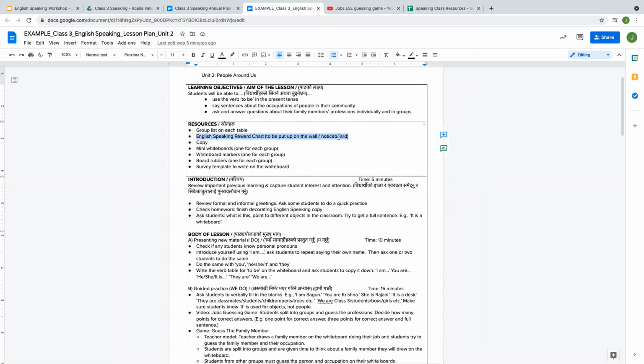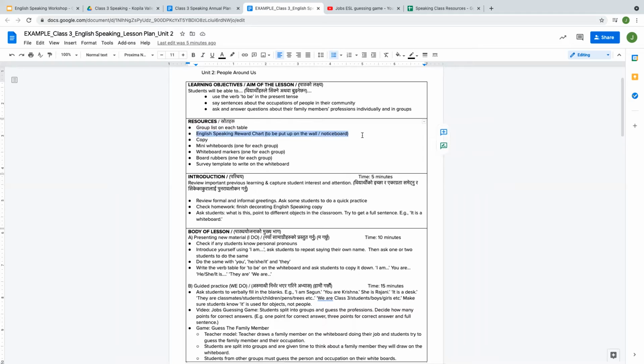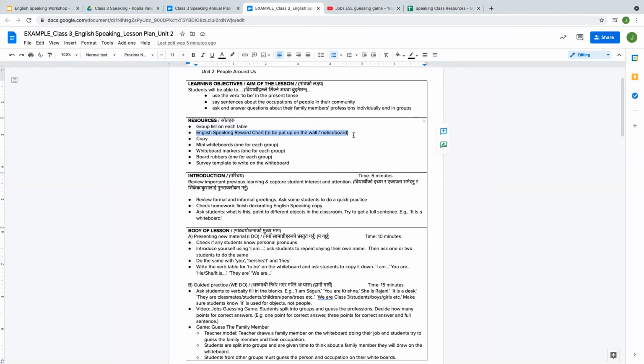Another really useful resource is a reward chart, which you can put on the wall or on a notice board in your classroom. This is a good way to encourage both individuals and groups to improve their speaking skills. It gives them a little incentive. Maybe they get a prize at the end of the semester or term, or maybe at the end of the